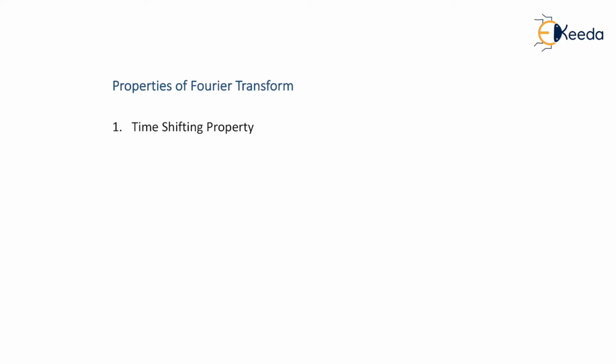So we'll start with properties of Fourier transform. The first property that we are going to look at is the time shifting property. Let's see. For example, let us assume some signal x of t whose Fourier transform is X of omega. Please remember X of omega is sometimes represented as X of j omega, it is one and the same thing, but preferably, to avoid some confusion along with j, we use this notation.